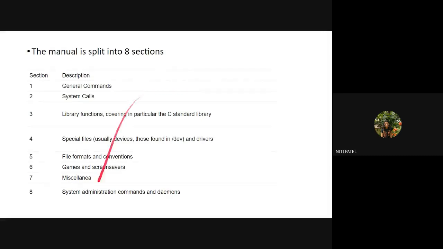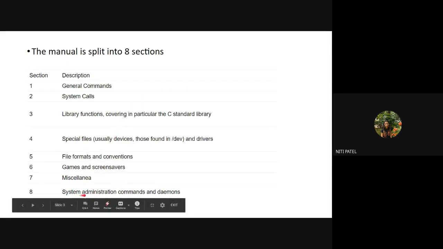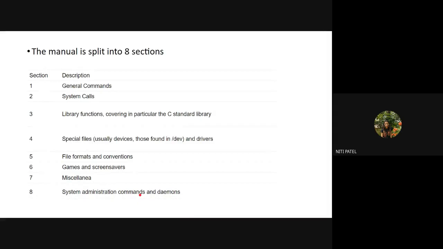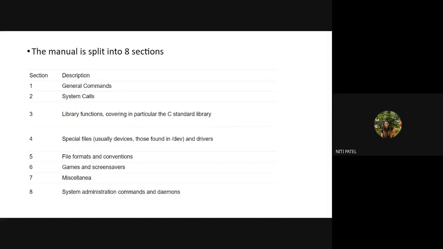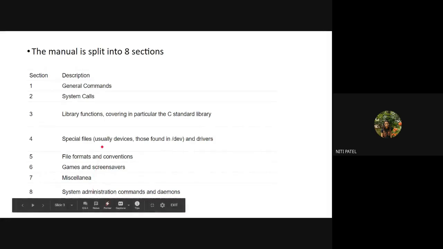Okay. Along with this, you also get information related to system administrative commands. Now, system administrative commands means, if a system administrator, that is a root user, executes certain commands, not only a normal user can make use of this man command. It can also be used by the system administrator. And if a system administrator is executing any certain set of commands, all those commands' information can also be gathered by making use of this man command. So every detail that a user wants to know about the system can be found by making use of this man command. Clear?